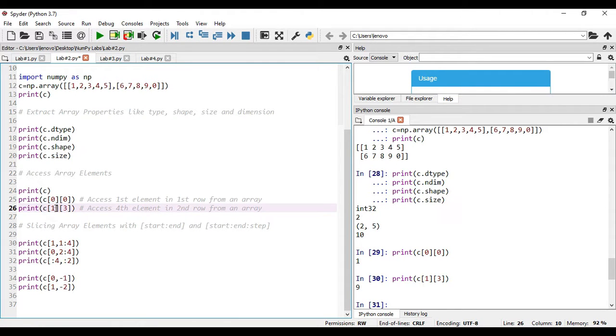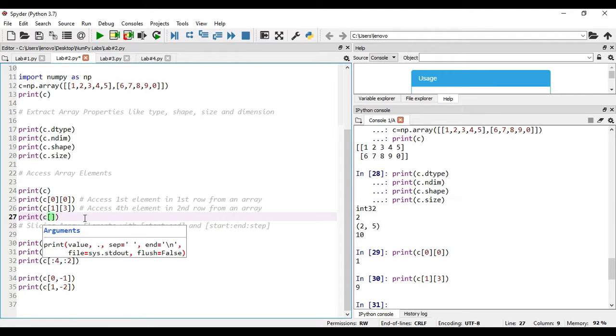Because in the first dimension, in these particular elements, I am trying to extract the element at index number 3. Then 6 is at index 0, 7 is at index 1, 8 is at index 2, and 9 is at index 3. Because of that, 9 is given as the result. Simultaneously, you can go for practicing other things.